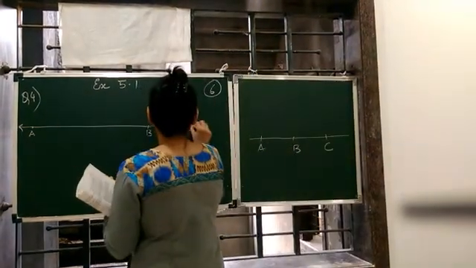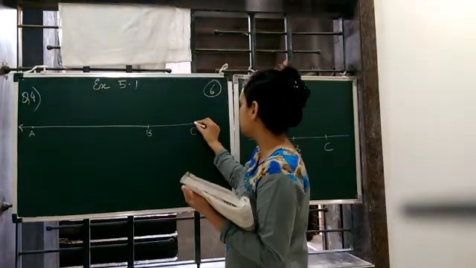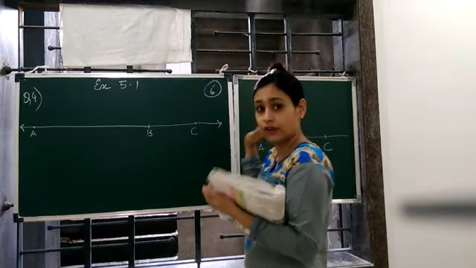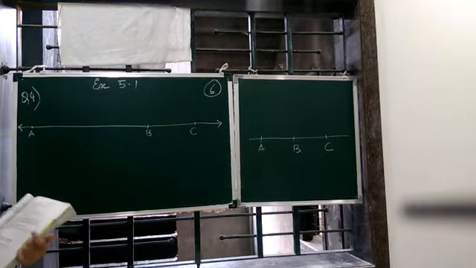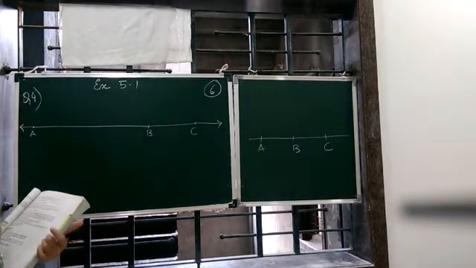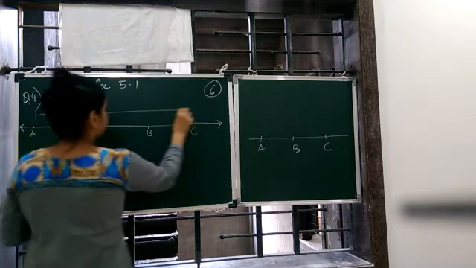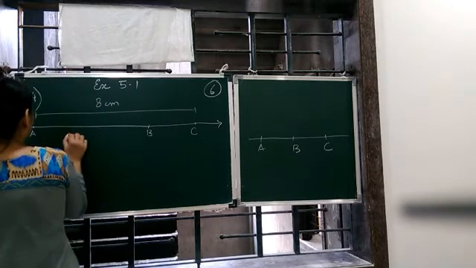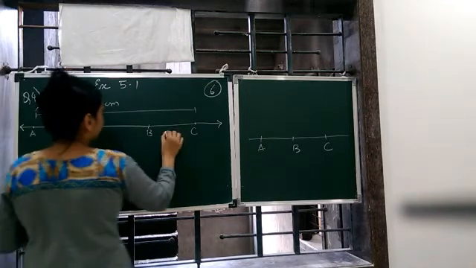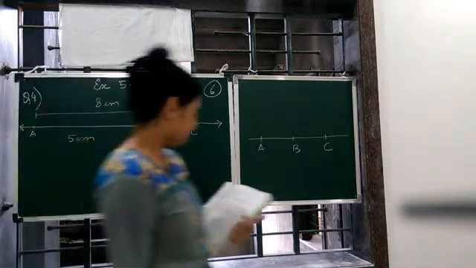BC here. Suppose this is C. BC you will make of 3 centimeters and you are going to produce it, because it's a line, it is already written on a line such that AB is 5, BC is 3 and AC is 8. This is AC. You can see this is already 8 centimeters. This is 5 centimeters. This is 3 centimeters. So obviously 5 plus 3 is 8 centimeters.